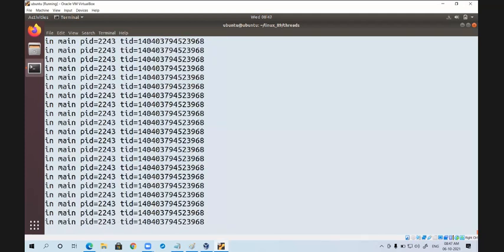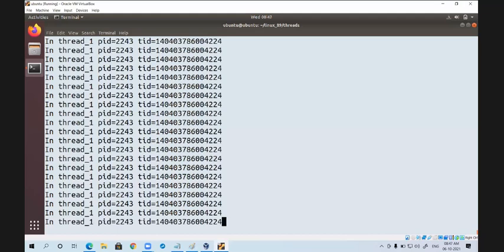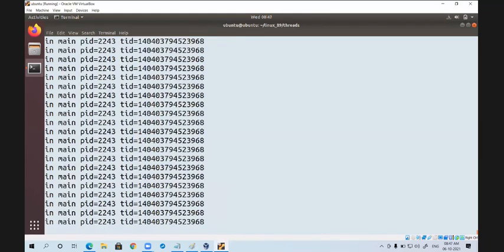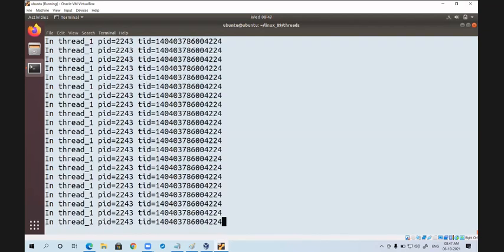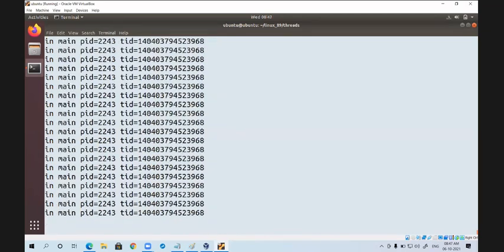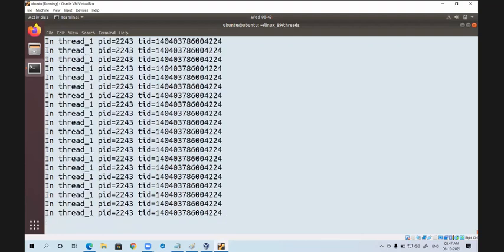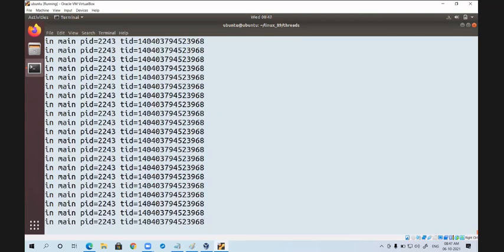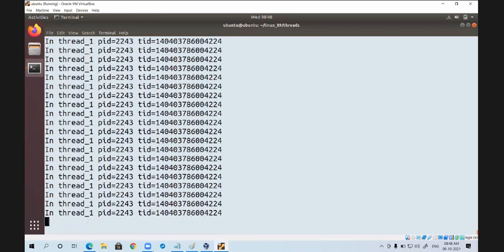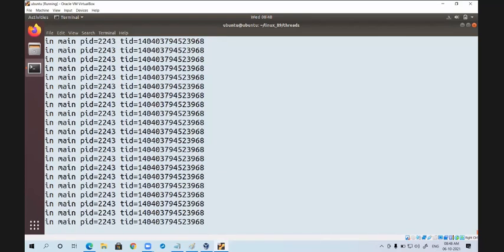Now tell me, thread IDs are same or different? Can you tell me what is the main thread ID? Last 2 digits at least. Last 2 digits 68. What is the thread 1 thread ID? 24. But both process IDs are same. Now tell me, from another terminal when I observe